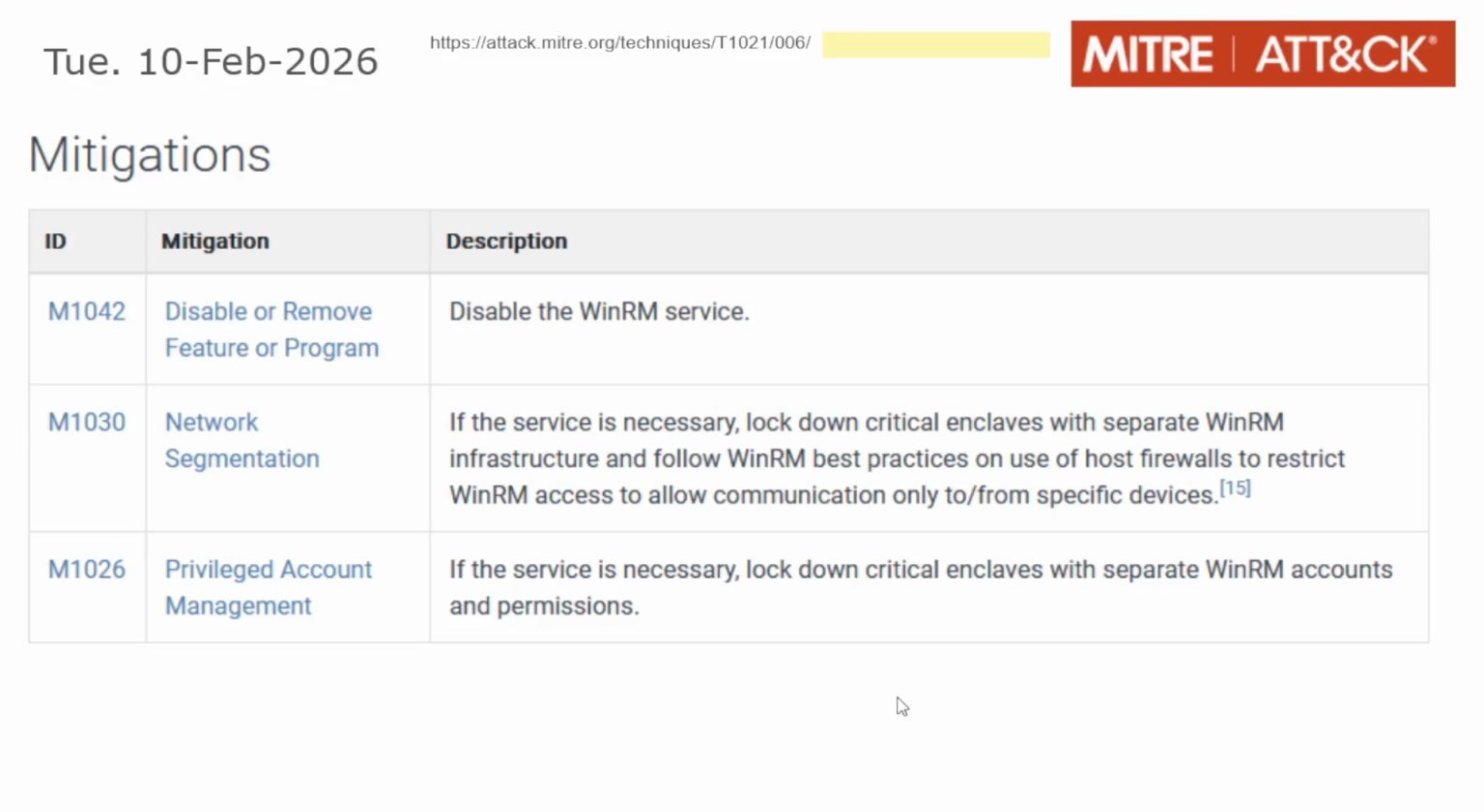So here it says lock down critical enclaves with separate WinRM accounts and permissions. They call it enclaves. I like that word, I don't see that often. But critical enclaves, that simply means, okay, segment also your privileges. Don't allow WinRM to be used by anybody. That's a complicated topic. So in a small company, yes, you have a quick oversight of what is going on. But now think about a multinational concern, a big company. Konzern is the German word, the English word would be a big corporation, okay, multinational, and